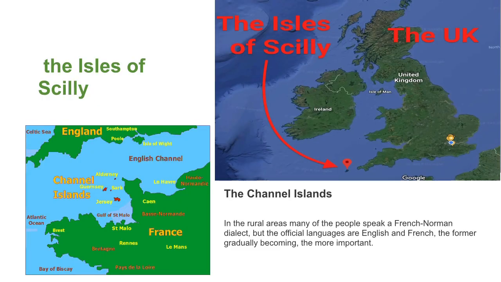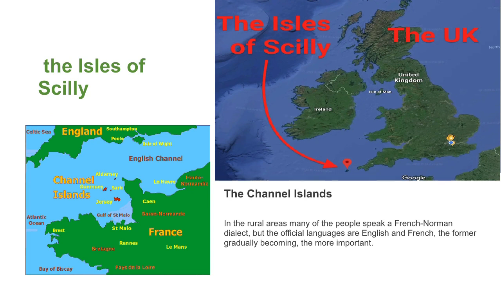Off the extreme southwestern coast of Great Britain, there is a tiny group of islands, the Isles of Scilly. The Channel Islands lie to the southwest of the French side of the English Channel. The Channel Islands have been attached to the English crown since the Norman conquest in 1066. The population of the Channel Islands is distributed over a total area of only